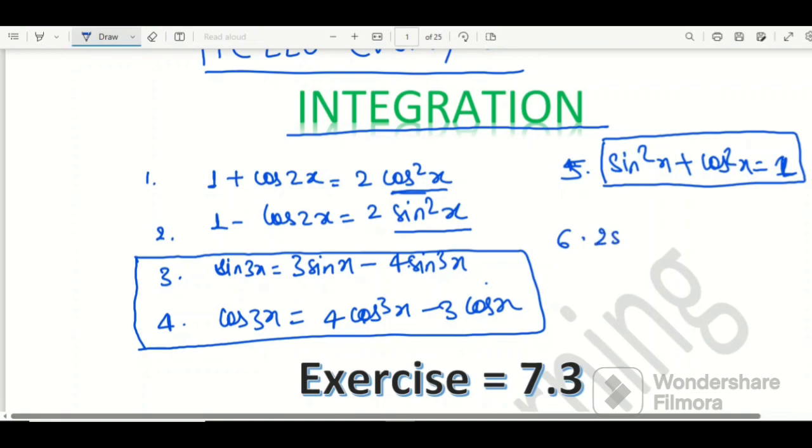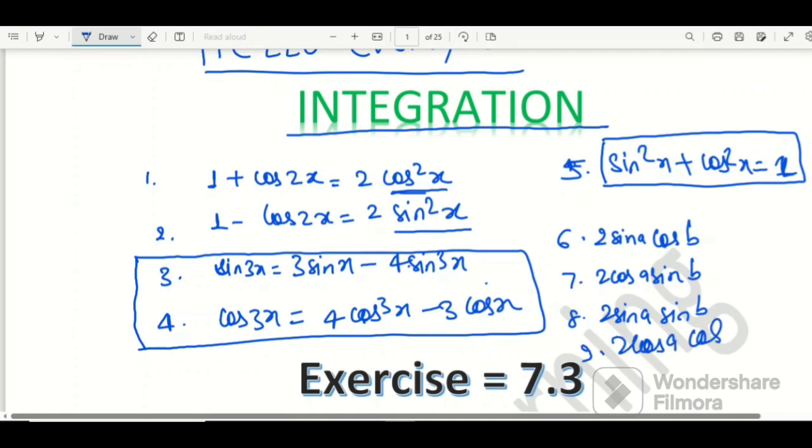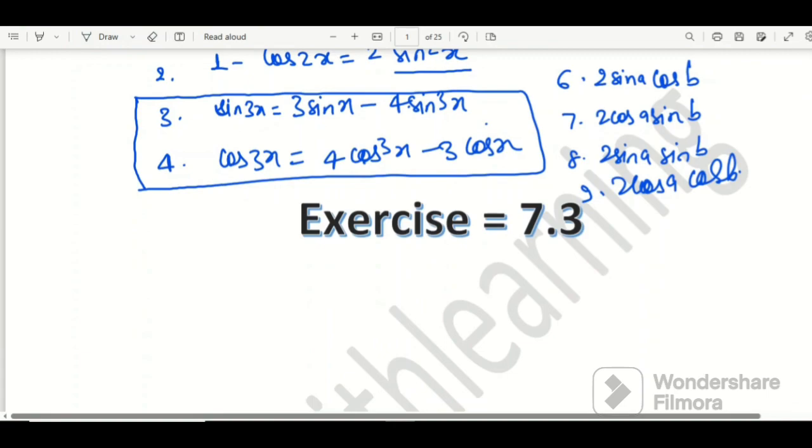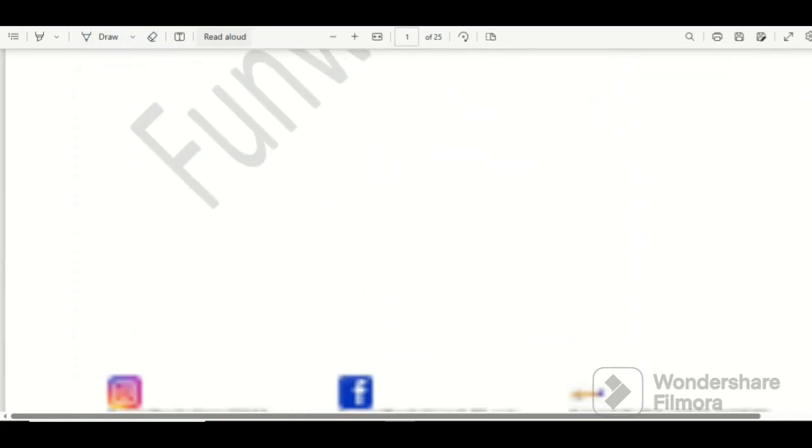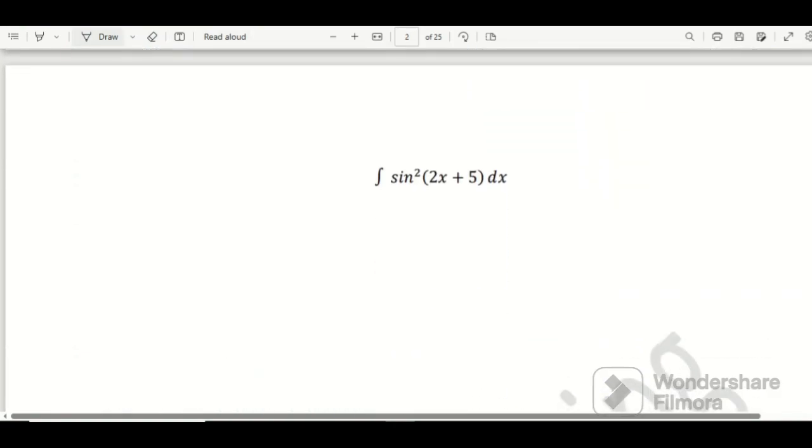And we'll see some trigonometric identities like 2 sin a cos b, 2 cos a sin b, 2 sin a sin b, 2 cos a cos b. You can see the formula of these in your copy or book. I will mention this in the question. So first question we have